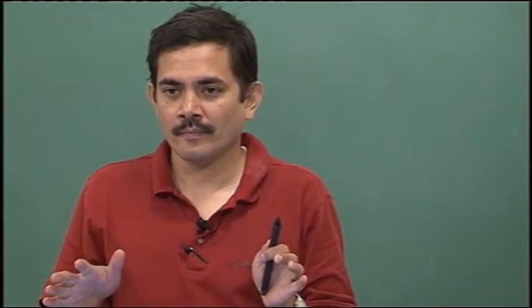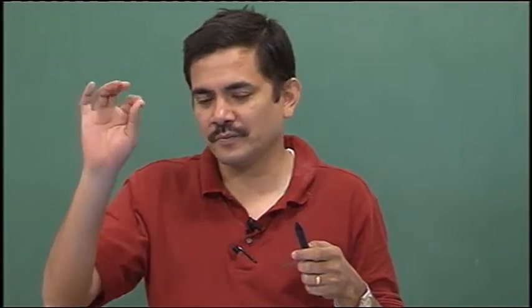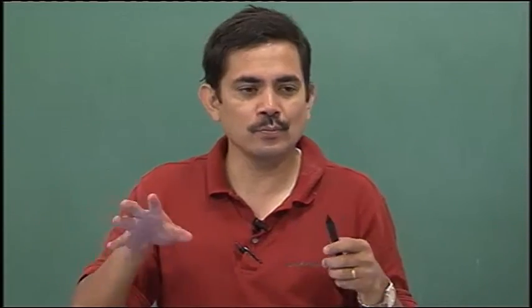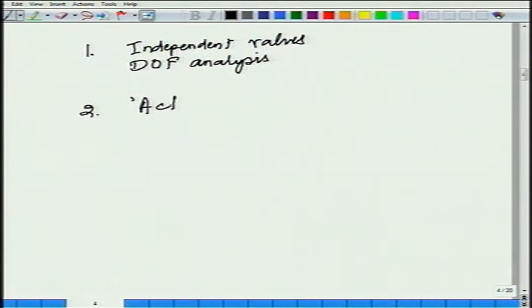The optimizer will throw some results at you. You must convince yourself that it does make sense. Both have to go hand in hand. Otherwise, depending on what specification you give, optimizers can actually give very spurious, nonsensical results too. You see what I am saying? So, what are your active constraints?